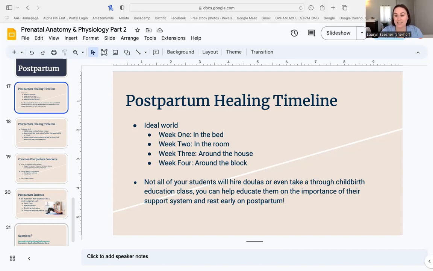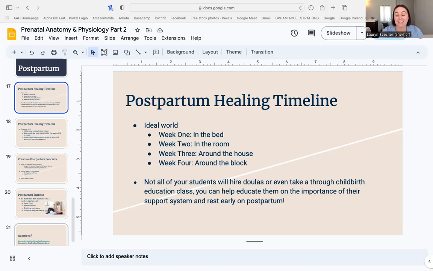Even little tips like, okay, what room do you plan on spending that first week or two in? Is it the living room? Is it the bedroom? Now, is there a bathroom that's close by, or would you have to go up and down the stairs? Is there the kitchen or a little fridge, a little basket, something that has what you need right there? Can we stock that well for you so that you're able to lie down and rest? So that first week is in the bed.